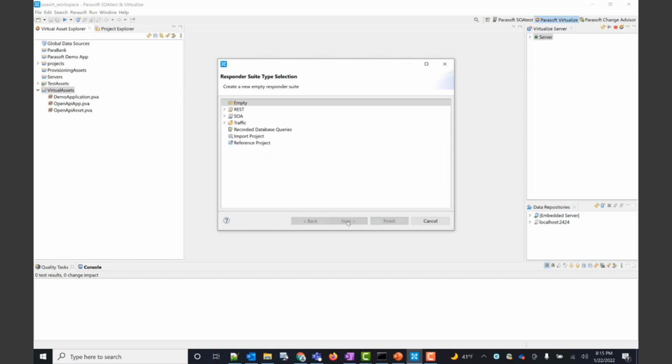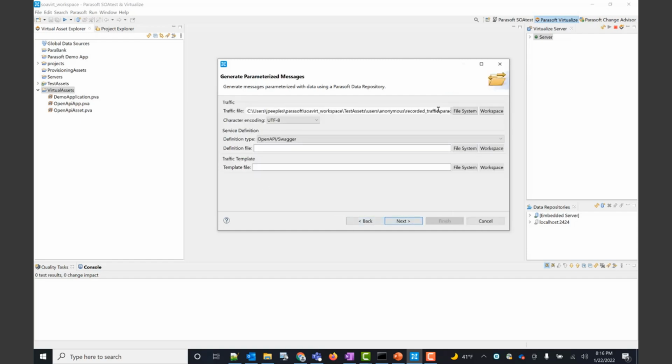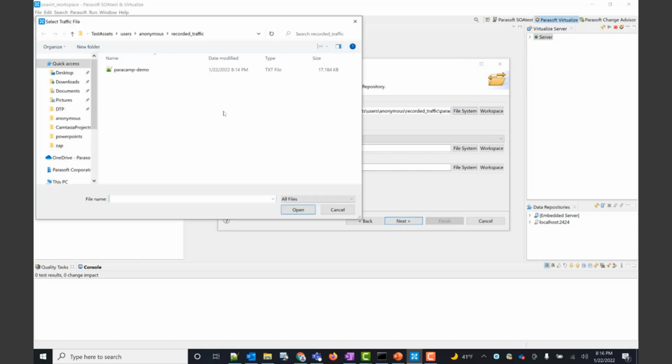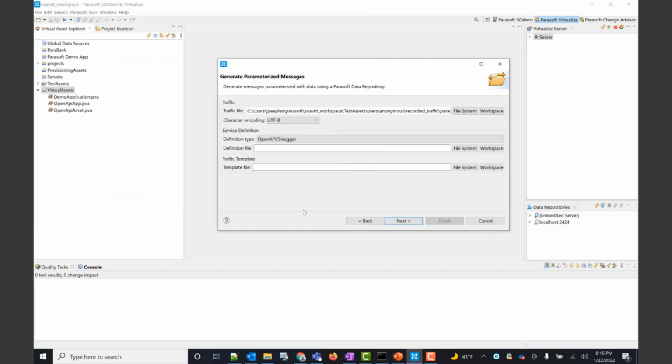Click next. And the type of message that we want to generate are parameterized messages. Next. And now we have the ability here where we can give it the recording from our demo. And so just select that from our recorded traffic directory, open it.